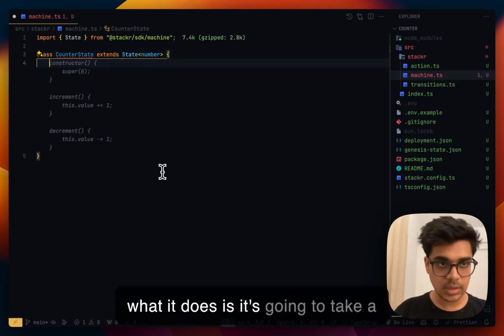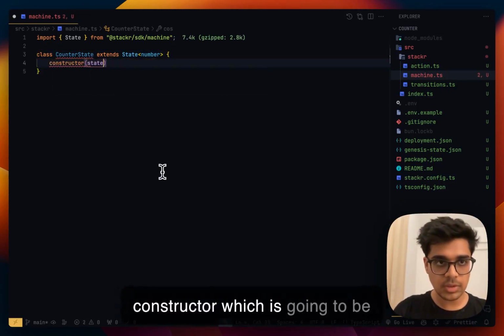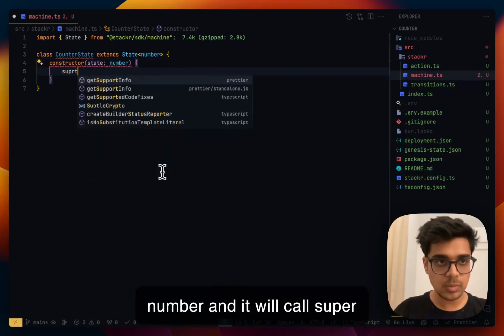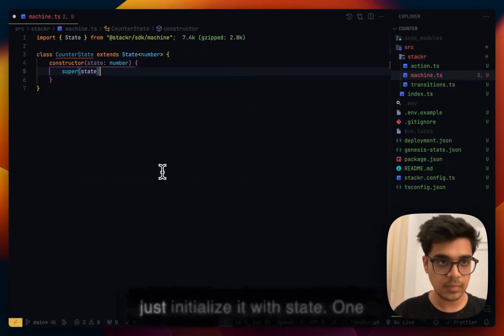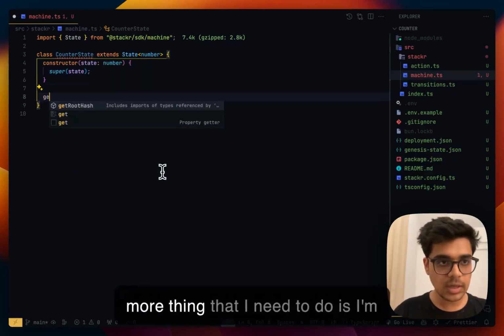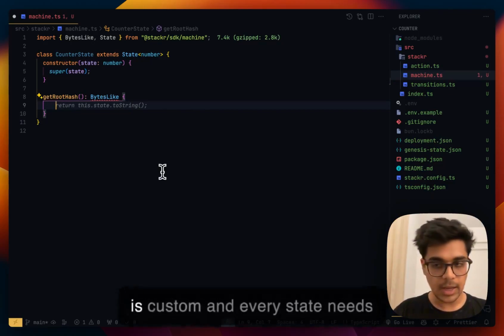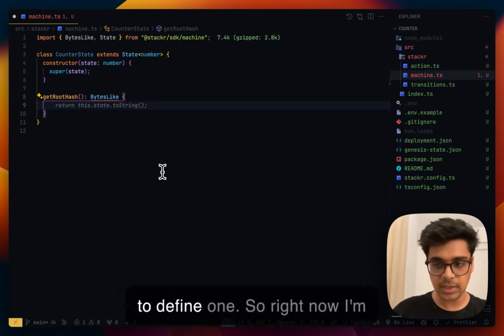And what it does, it's going to take a constructor which is going to be state again, and it's going to be a number, and it will call super, which is the super state, and we'll just initialize it with state. One more thing that I need to do is I'm going to have to define how I'm calculating the root hash, and this is custom and every state needs to define one. So right now I'm just going to return a Solidity